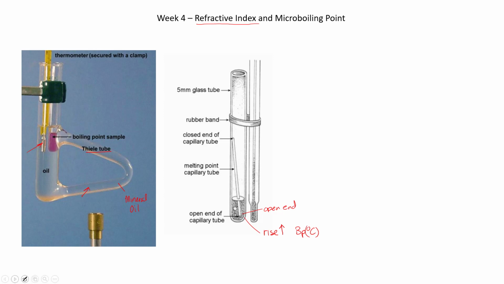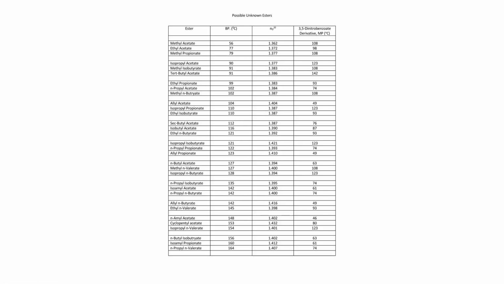And depending on the type of melting point apparatus you have, you can sometimes do this in a melting point apparatus. Unfortunately, ours are not very suitable for this, which is why we would have used the Thiele tube. Okay, so once we have the micro boiling point and the distillation boiling point, that allows us to determine